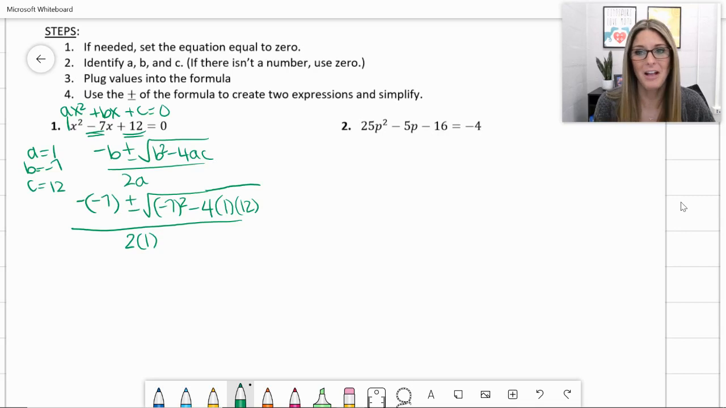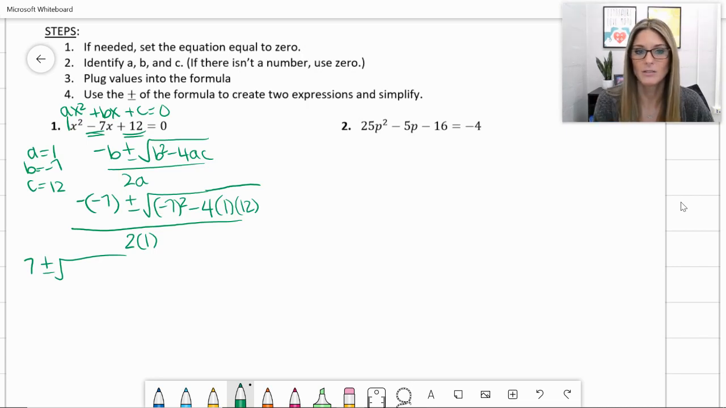Now you can see we've got a lot going on, guys. I absolutely do not recommend plugging this all in the calculator the way it is right now. I have always told my students, simplify a little bit by hand before you get to throwing things in a calculator, because there's a lot we can do here. Let's start with the negative 7. 2 negatives make a positive, right? So we have positive 7 plus or minus the square root of